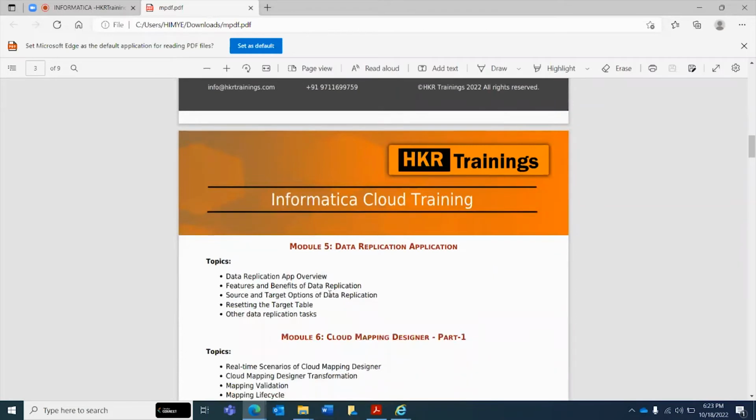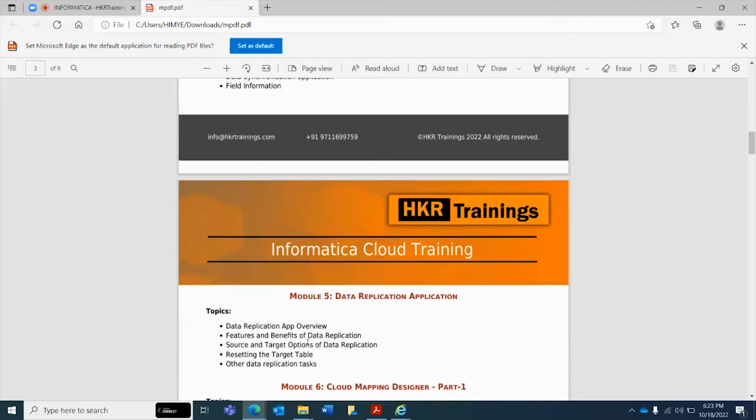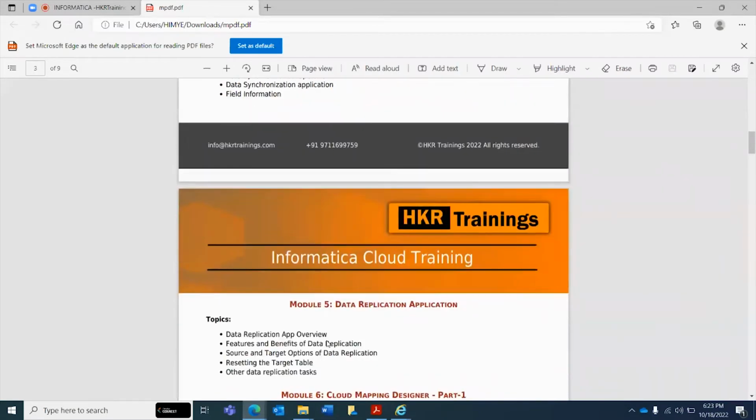And how the data is stored, what types of replications are possible in data integration, and what tasks we can do in replication, available operations like incremental load and full load, I will be explaining that as well. These are some of the tasks.